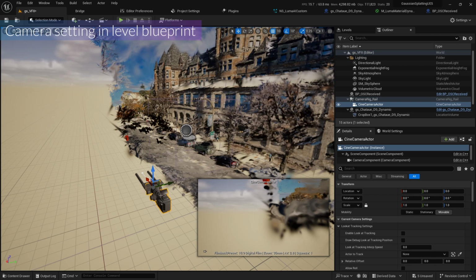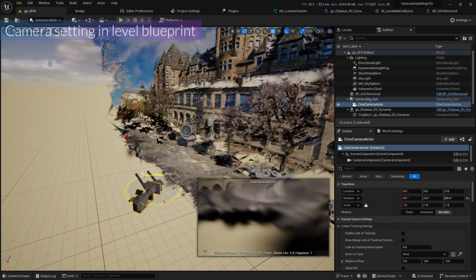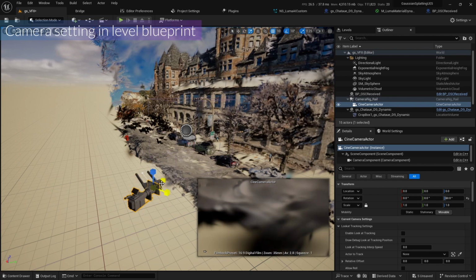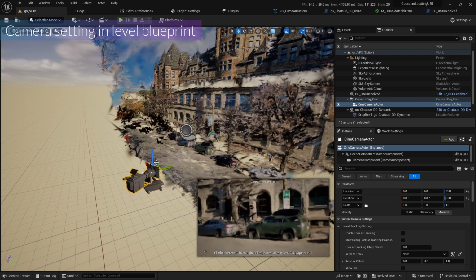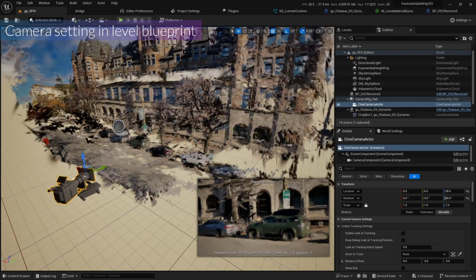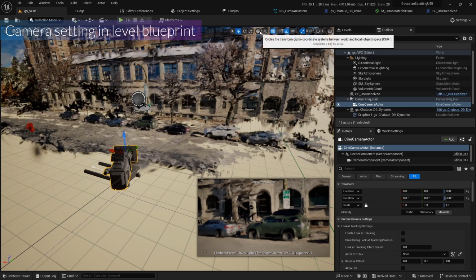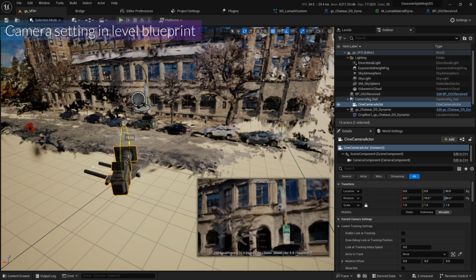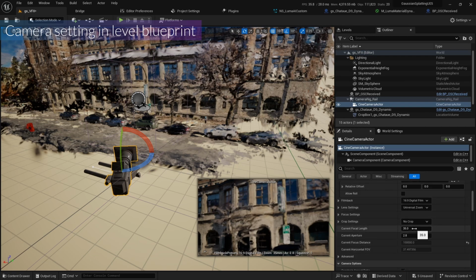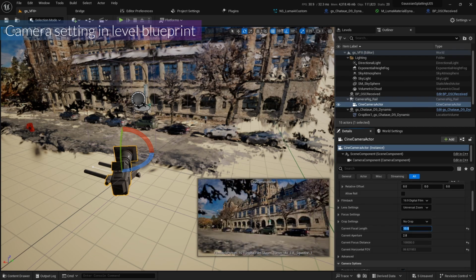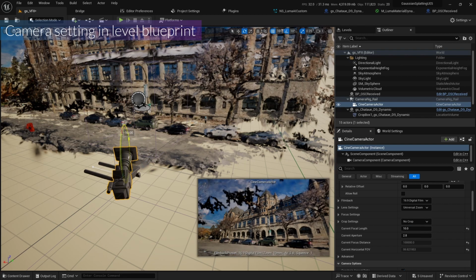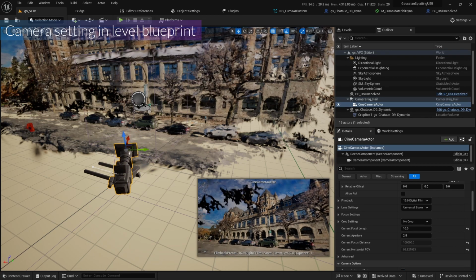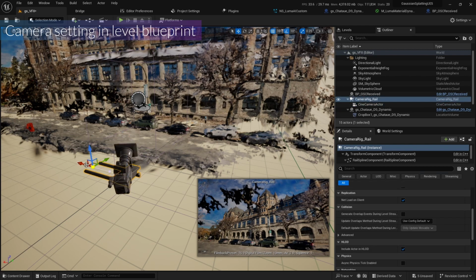I'm gonna change the location of the camera, and then change the rotation like this, and move up the camera. I'm gonna change it to the local scale, and move it up like here. It's a bit too much. And also I'm gonna change the focal length to 10, and we can move it up around here. Okay, and now I'm gonna change the path of the camera layout to here,